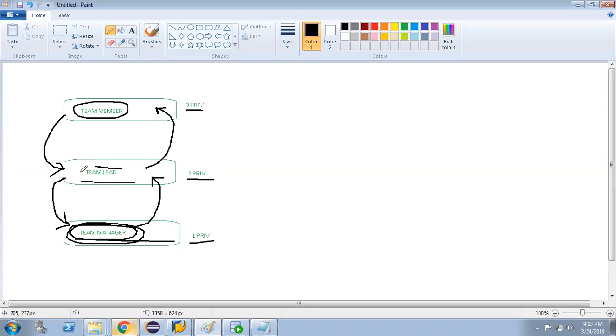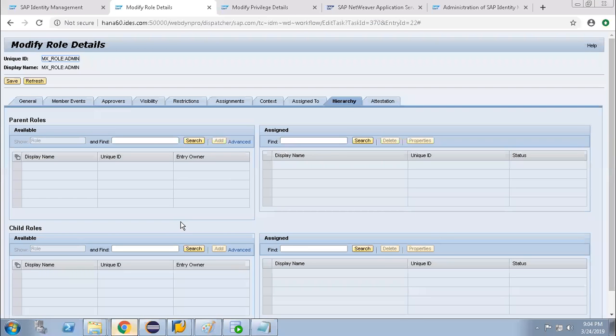If I assign the team lead role to any user, 5 will be assigned. But if I assign only the team member role, only 3 privileges will be assigned. If we have any confusion, we will do an exercise tomorrow.